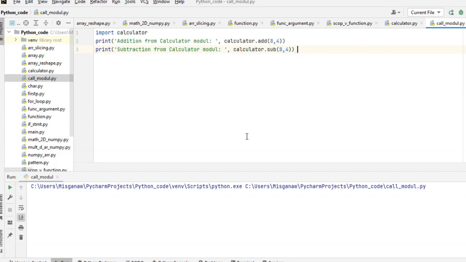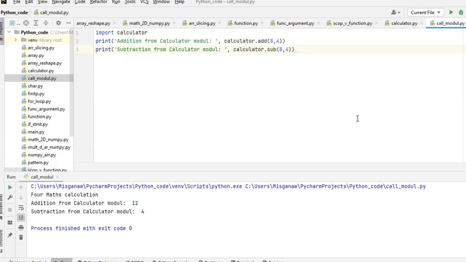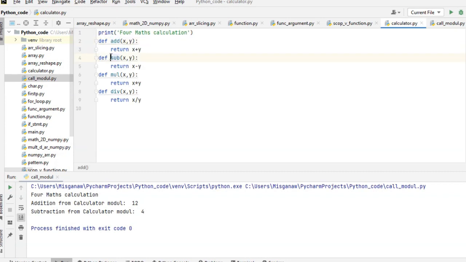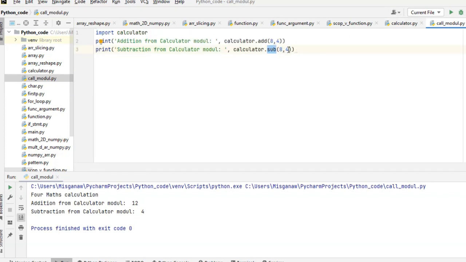Run. You see, 8 minus 4 is 4. Now there is a sub function in the calculator file that returns the result of subtraction, y subtracted from x. That is, y means 4, x means 8.